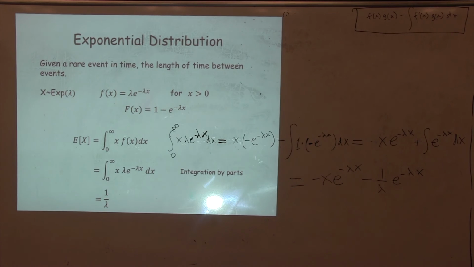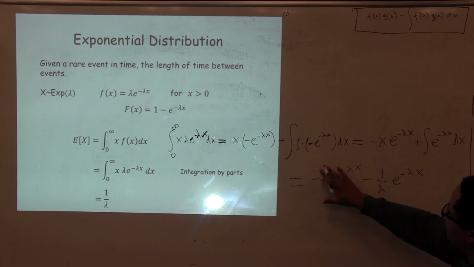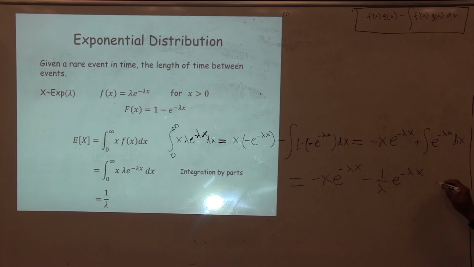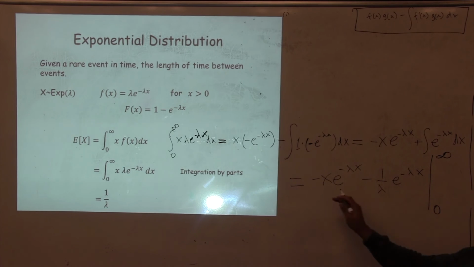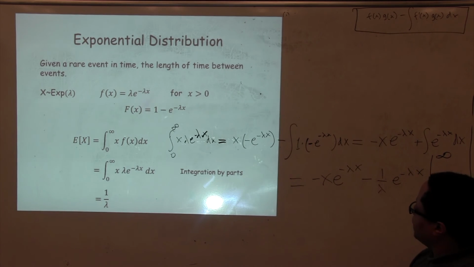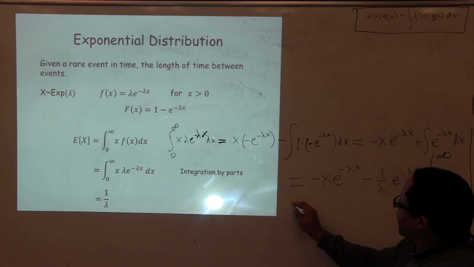Okay, so we have this expression, and now we're going to take this indefinite integral that we solved by integration by parts, and we're going to evaluate it at the lower bound 0, upper bound is infinity. We're going to take the indefinite integral evaluated at the upper bound, subtract from it the indefinite integral evaluated at the lower bound. Okay, so let's take a look first at the upper bound. One of the things you notice is that these exponents are all negative, right? And this term, the minus x e to the minus lambda x, if you were to write that out, that's equal to,